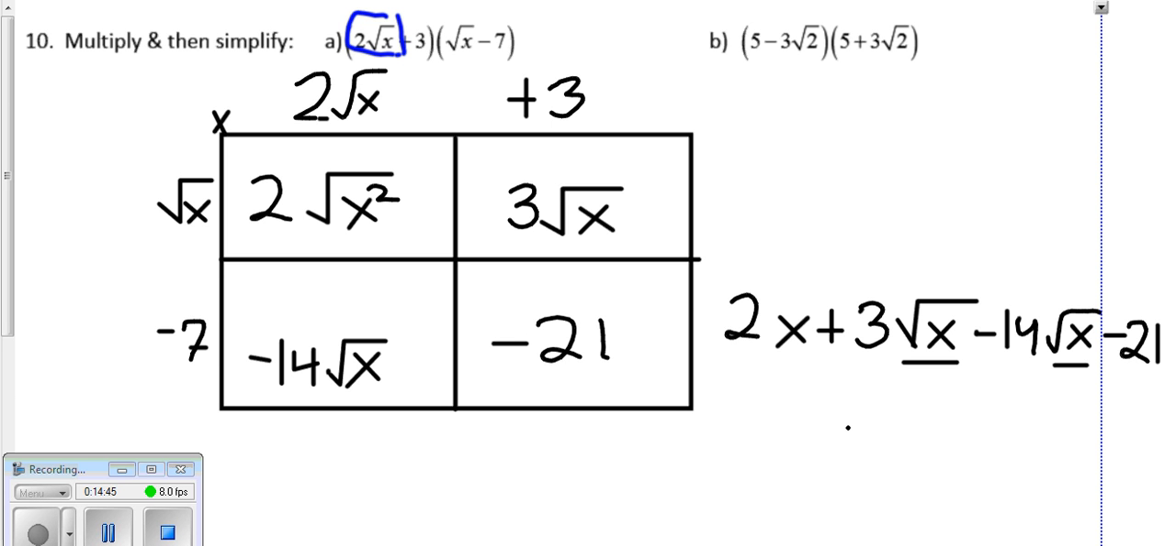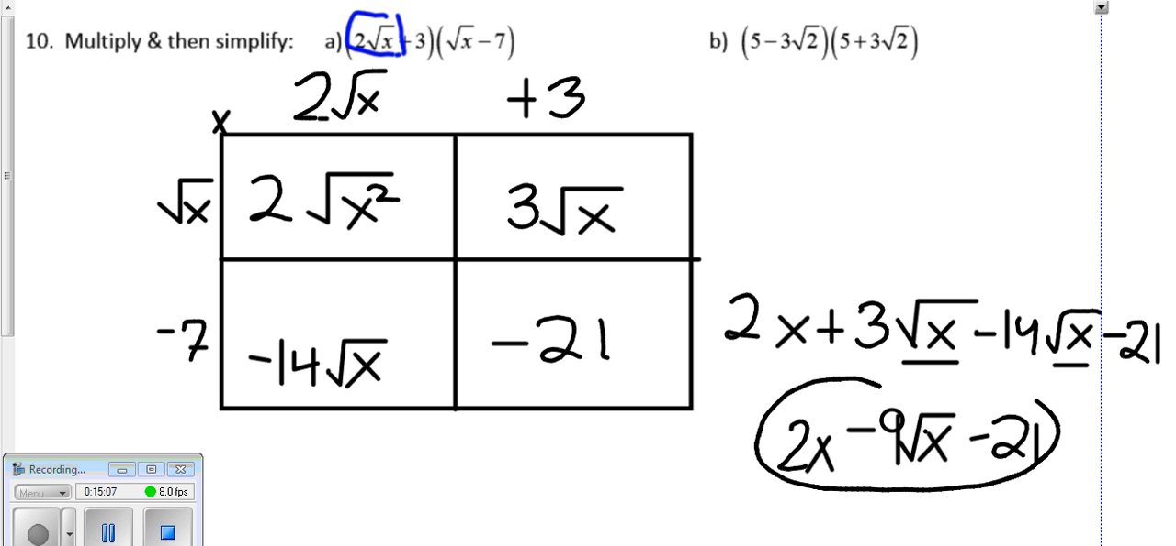So 3 minus 14, we get negative 9, okay, times the square root of x. 2x minus 9 times the square root of x minus 21. And that would be our answer. Okay, so that would be our answer for 10A. For 10B,